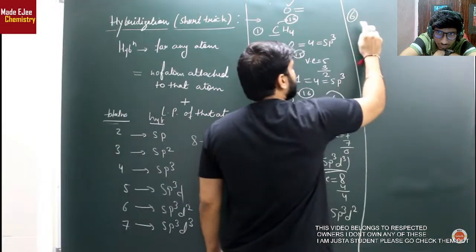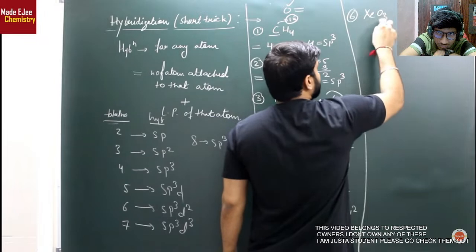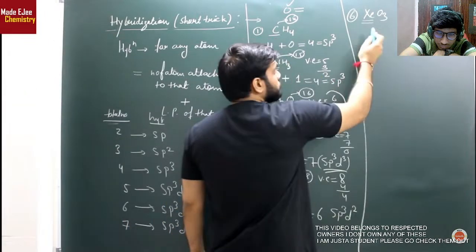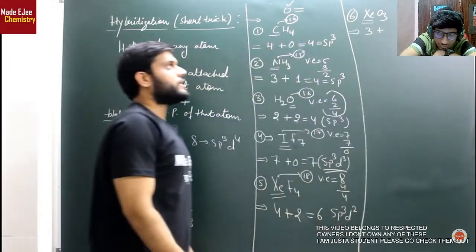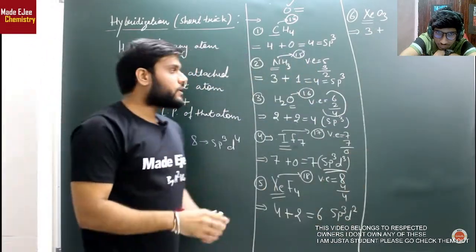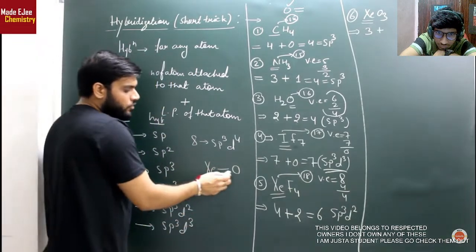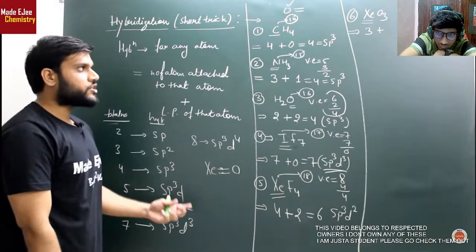अभी थोड़ा और टिपिकल एग्जांपल पर चलते हैं, फिफ्थ के बाद सिक्स्थ एग्जांपल पर चलते हैं। सपोज आपसे पूछ लिया XeO3, जरा चेक करिएगा XeO3, उसमें Xe का आपको हाइब्रिडेशन पूछ लिया गया, तो सबसे पहले आपको क्या करना है, नंबर ऑफ एटम अटैच, तो 3 ही तो ऑक्सीजन अटैच है, यस और नो, 3 ही तो ऑक्सीजन अटैच है, सो फाइनली 3 ऑक्सीजन। अब देखिए मजे की बात, एक ऑक्सीजन अगर Xe से अटैच है तो वो यहाँ पर 2 बॉन्ड बनाती है, क्लियर हो गया, तो इसका मतलब एक ऑक्सीजन के साथ इसने 2 इलेक्ट्रॉन लगाए होंगे, तो 3 ऑक्सीजन के साथ 6 इलेक्ट्रॉन लगाए होंगे।